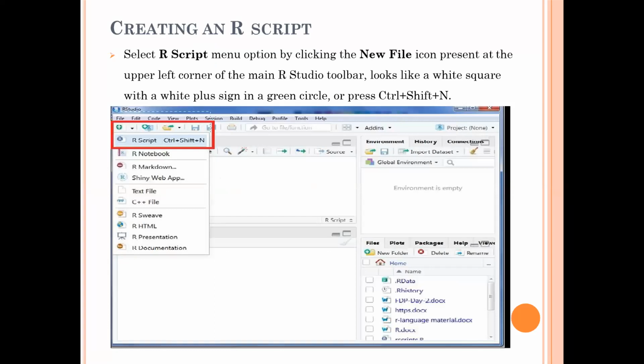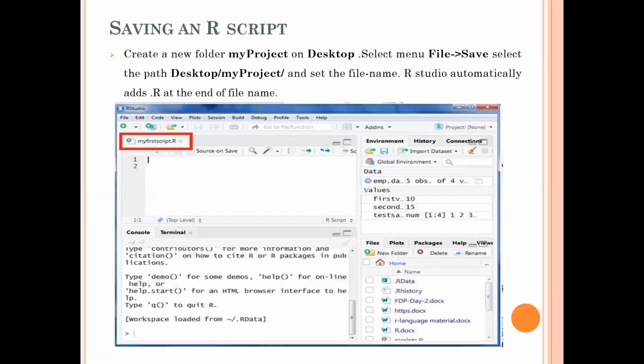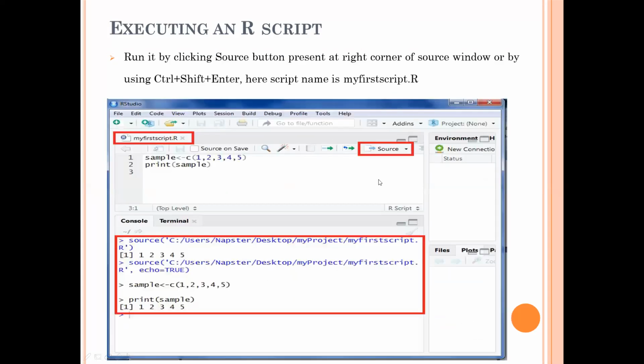So an R script new file will be there. This is the part where your file will be saved, or you can execute commands.